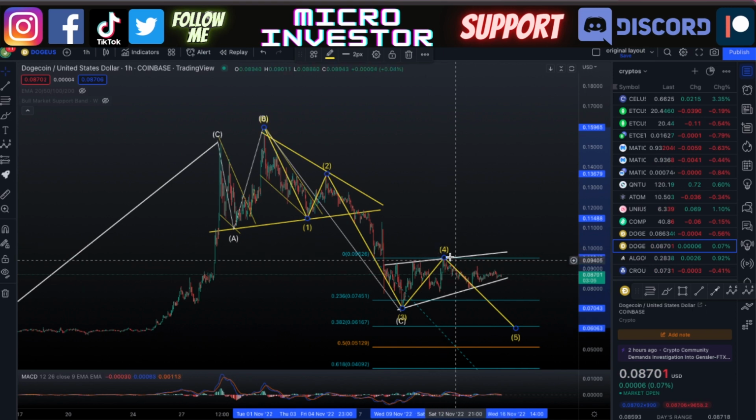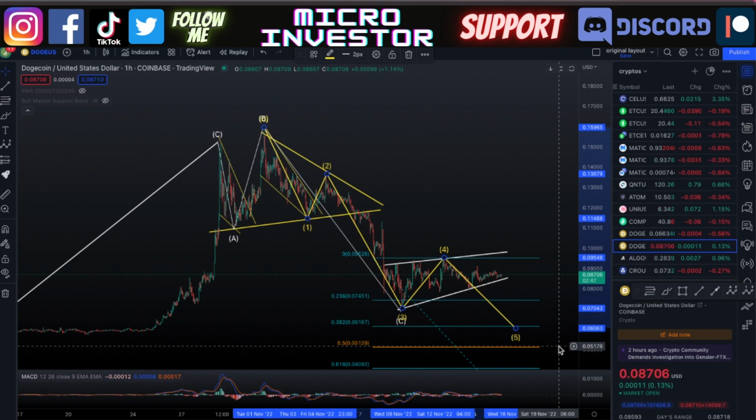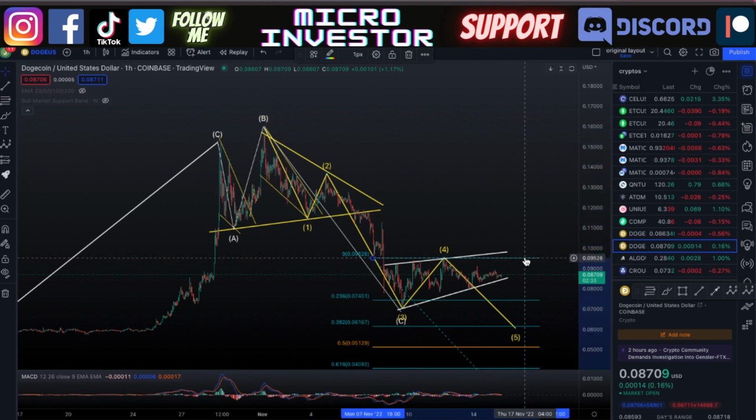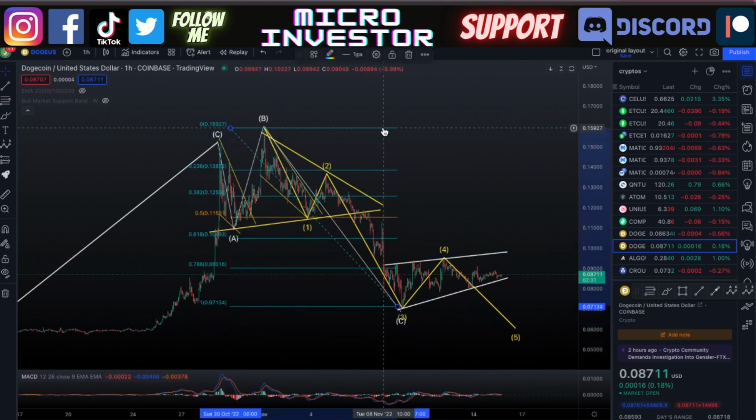But I'm hoping within these price movements that the wave 5 is going to be shorter than the wave 1, which went all the way down to the 50% Fibonacci level. And in that case, we would be seeing it come down to around the price of 5 cents. So I'm hoping 6 cents is going to be that magic number, and we don't see Dogecoin coming down, or even coming down to a new 52-week low. Crossing my fingers here, hoping that there's still some people that are going to hold on to their Dogecoin and not go in for a quick sell-off. So anyways, that's the current price update with Dogecoin that I have right now.